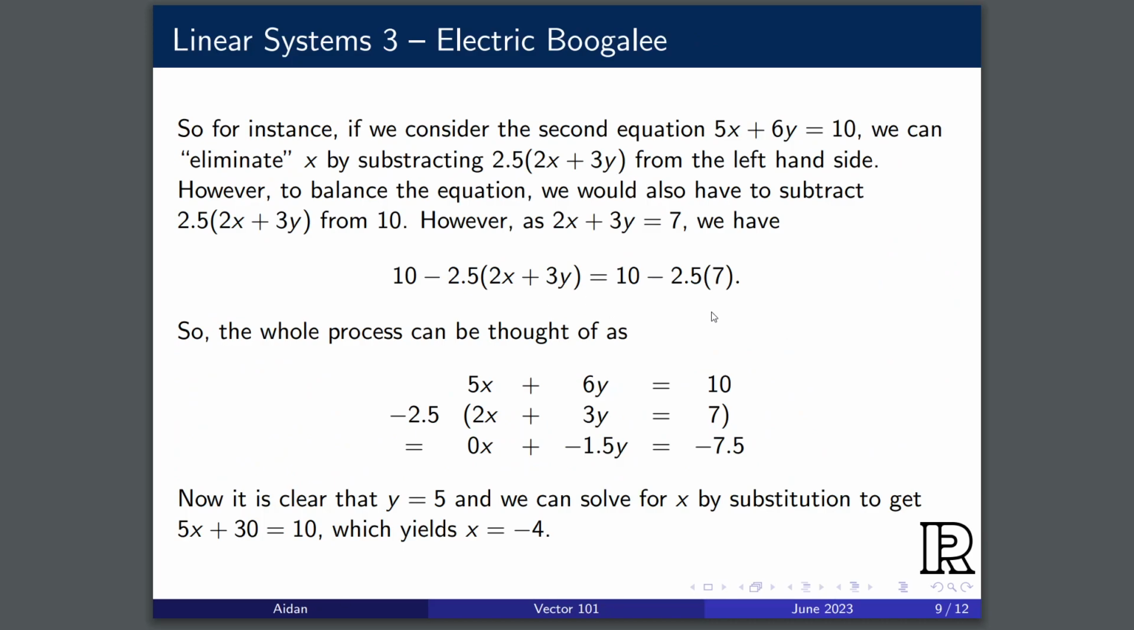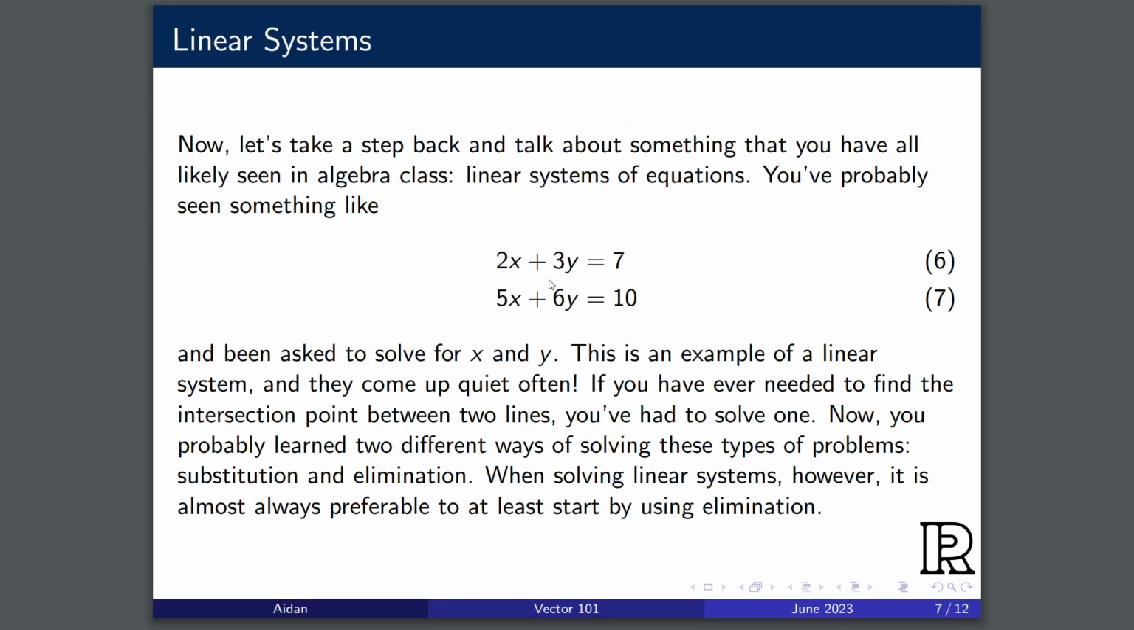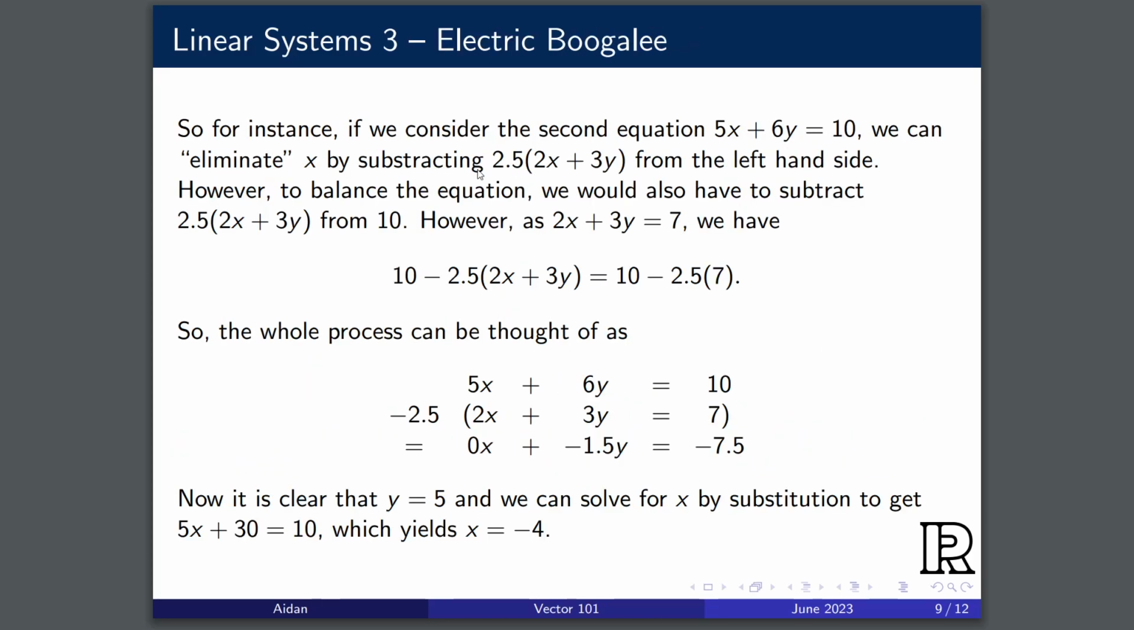What we want to do is eliminate this 5x. So how do we do that? Well, if we multiply our first equation, this one here, by 2.5, then this entry here will be 5x. And if we then subtract that from this, we will get rid of this 5x, right? So that's exactly what we'll do. We'll multiply this by 2.5,